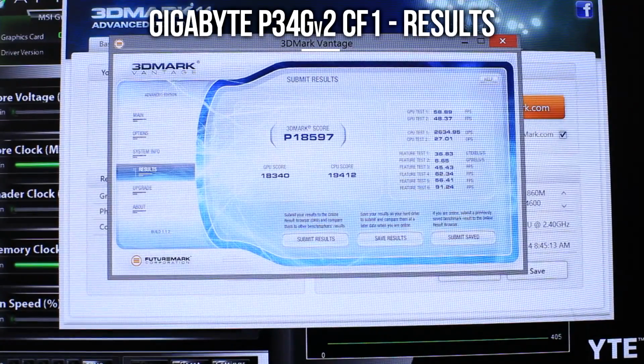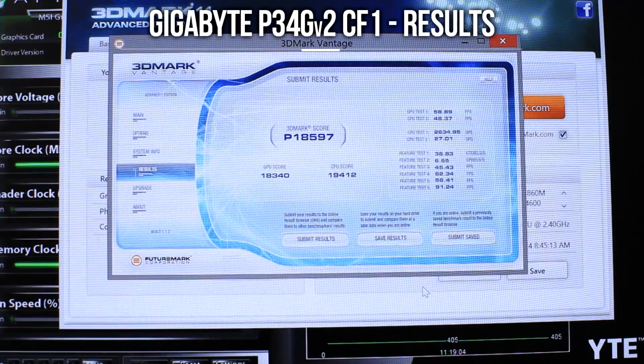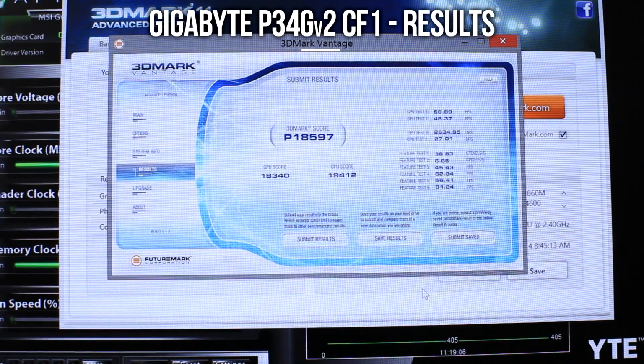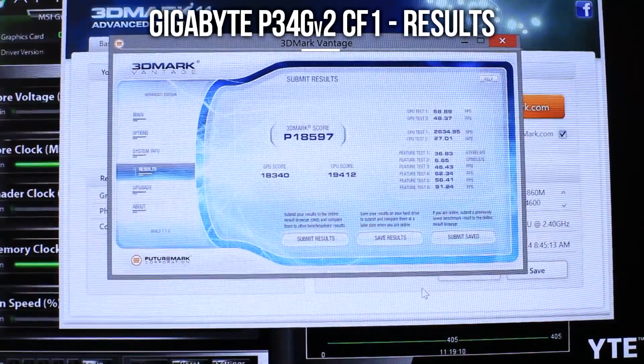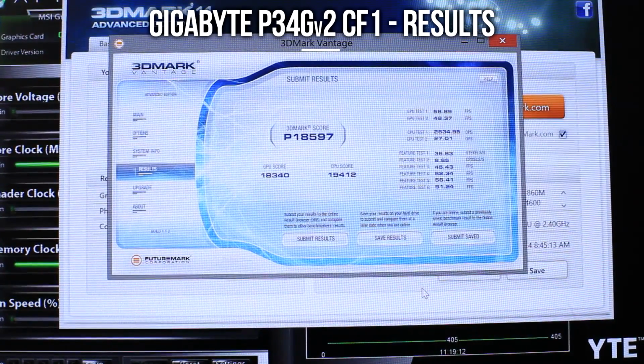We got 3D Mark all finished up here. 3D Mark Vantage is in front of us. Pretty typical score of what we'd expect from the GTX 860M. We're looking at 18,597. GPU score 18,340. CPU score